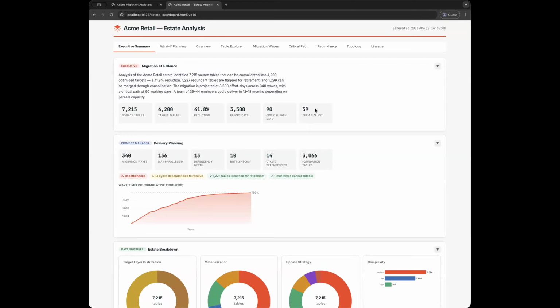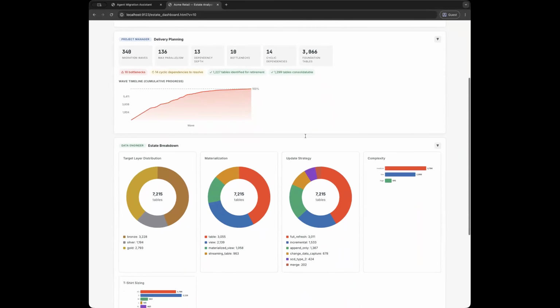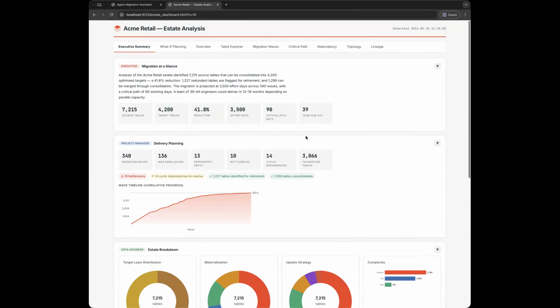So you need to understand what tables you can migrate when. Is there a sensible way of batching these tables? Is there a sensible way of actually ordering the migration that will give us the best bang for buck? So I've got some tooling now. This is called Plan, and this will actually analyze the code base, and you can enrich it with profiles from your data source, and it will actually come up with how many tables it's detected,